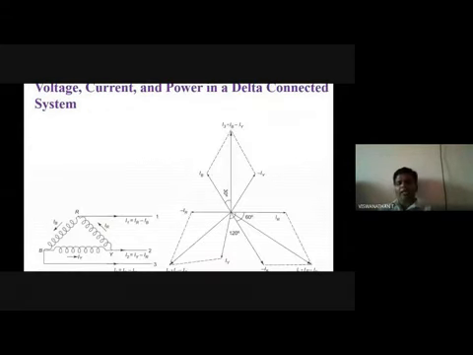Next one, current relationship. Again, this line current is the difference between 2 phase currents. So it gives the relationship root 3 I phase. So here line current is root 3 times the phase current. Again we draw the phasor diagram. Here we take IR, IB, IY as reference. So you can take IY here. Then this is minus IY, this is minus IB, this is minus IR. From this we calculate the formula. Then it is the same as your voltage relationship of the star connection.